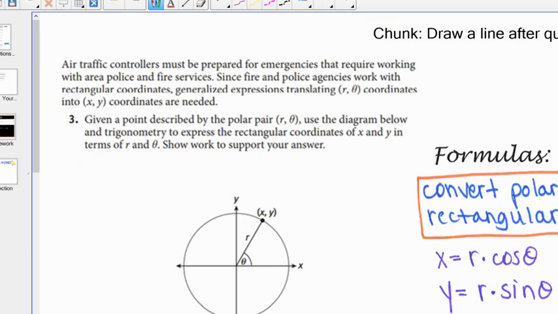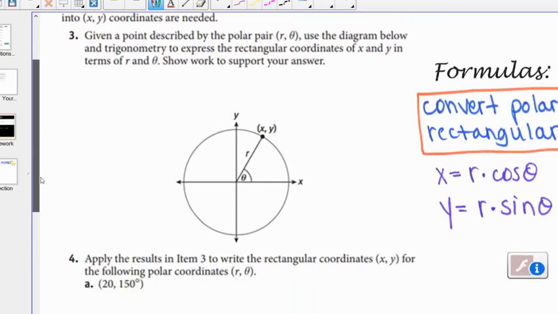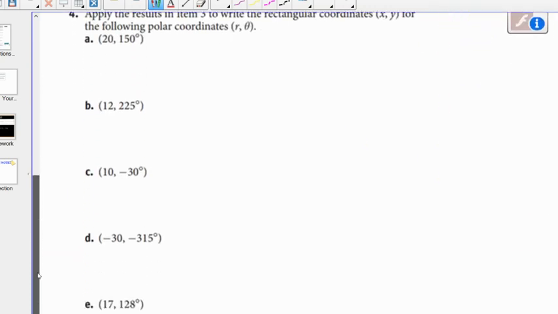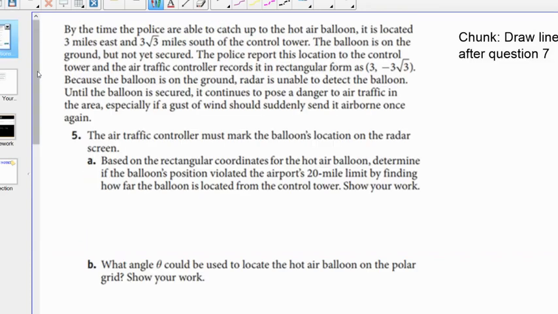Now, we also can convert the opposite direction as well. So I have some examples for you to practice here. And then we want to talk about converting the other direction as well. So on page 384,